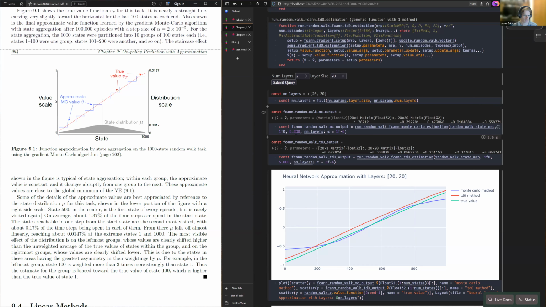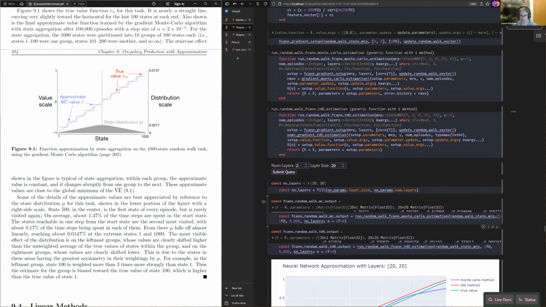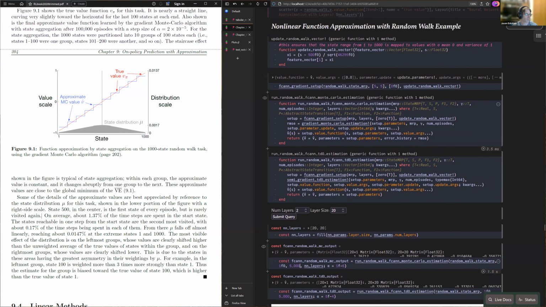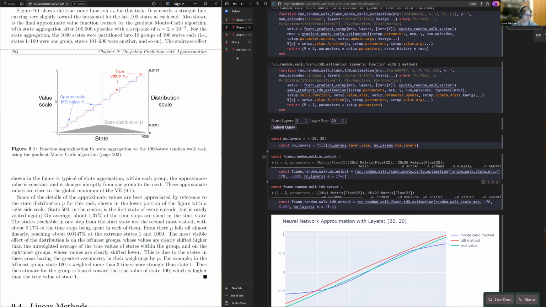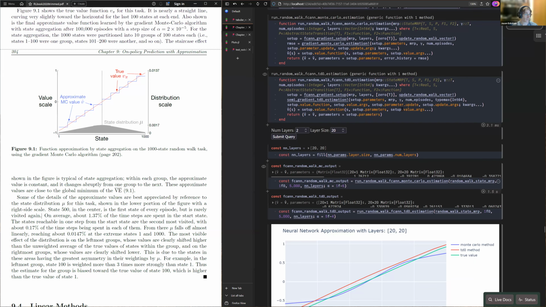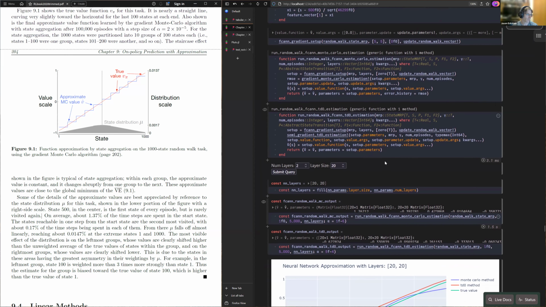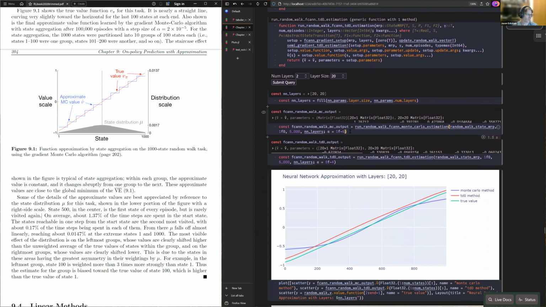Now, unlike traditional machine learning techniques, here there's no set data set that we're learning on. The data is always being generated by the environment. And in the case of Monte Carlo learning, the target is always the target we're getting from sampling from the environment. So you usually don't,